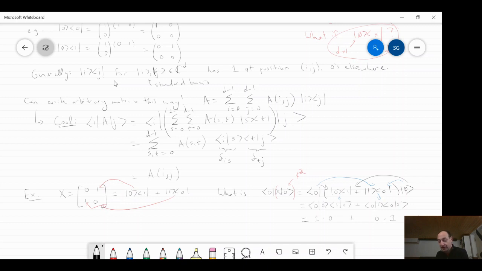I said that if you squish X with bra 0 and ket 0, you get 0. And remember, over here I told you this cool fact. I hope by now you really believe me that it is cool. It's cool that bra 0 X ket 0 should rip out the top left corner, entry row 0, column 0 of X. And if I look at X, row 0 is this, column 0 is this, it's this guy. It just ripped that out for us. Okay, so this outer product notation makes it very, very easy to evaluate expressions of this form.